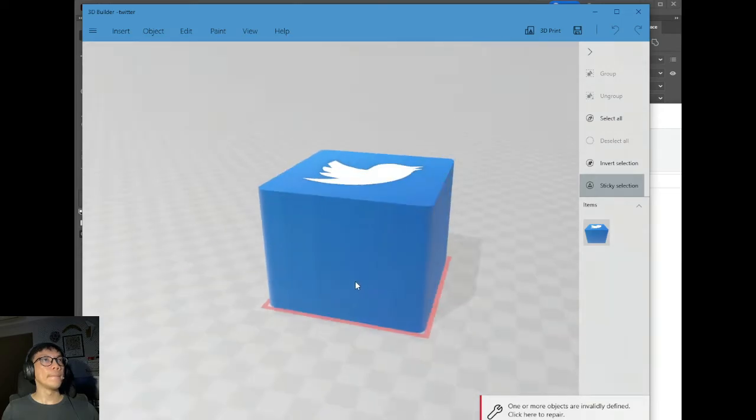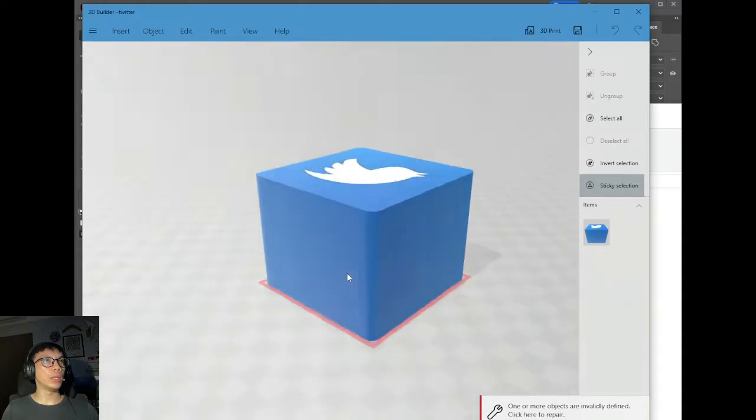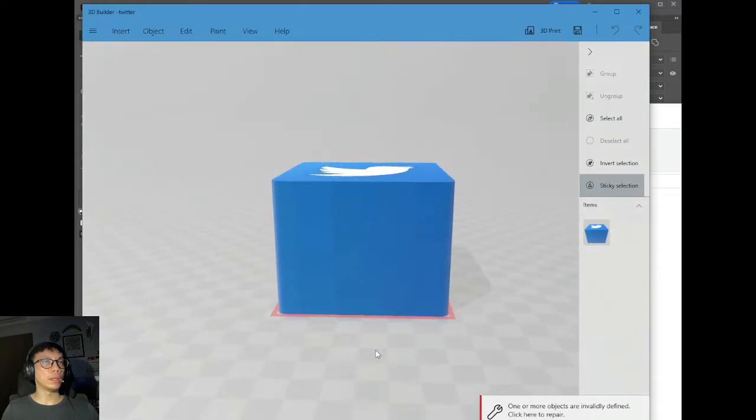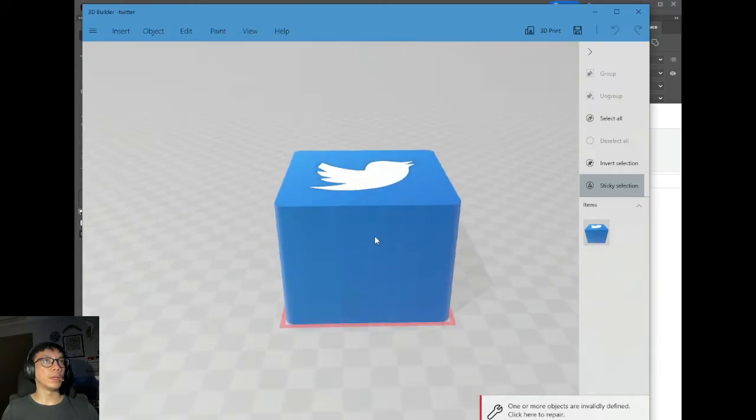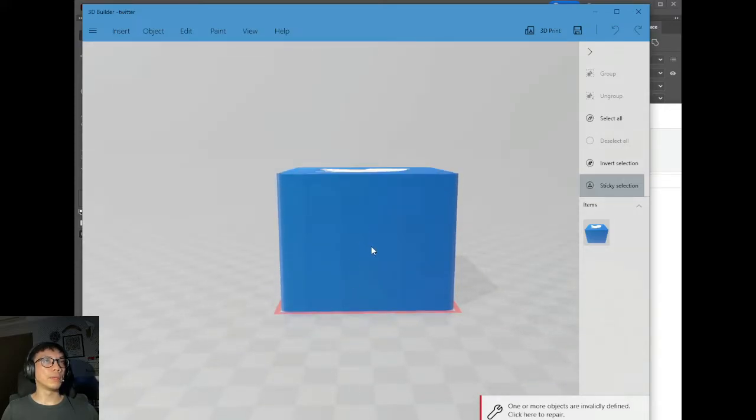Yeah, okay. I think we should rotate the file so that the Twitter logo faces towards this direction here, not towards up. The Twitter logo should be facing in towards us, not upwards. So to do that,